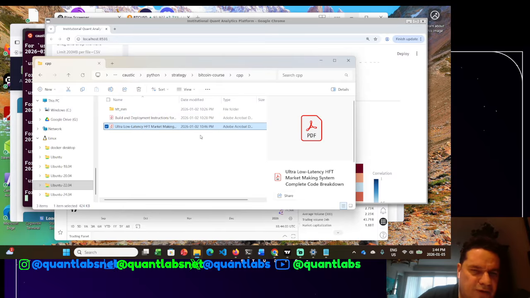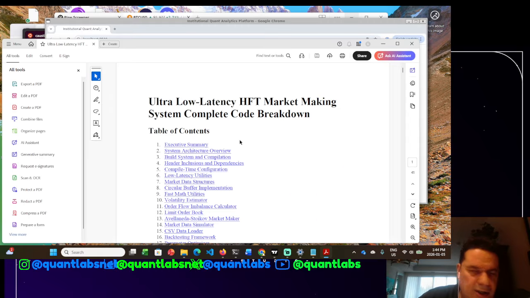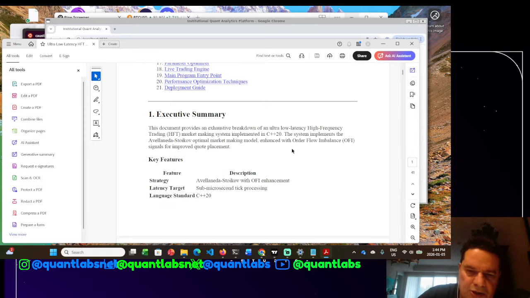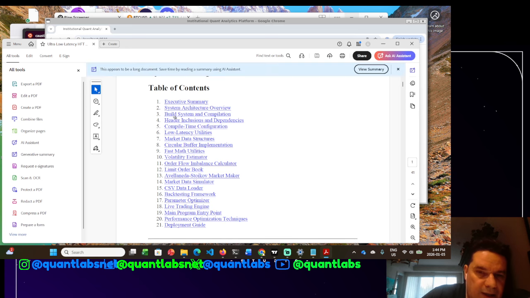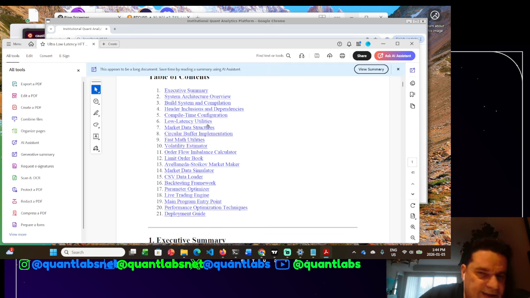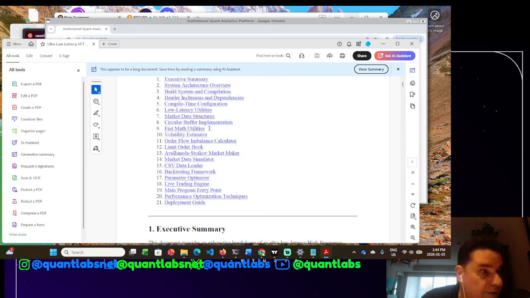So here are the actual formulas and the strategy, like with that HTML presentation I showed you. These are the things it goes through: building it, compiling it, the low latency utility, the market data. I have to stop right now. Again, this is using demo data, simulated data. This has not got anything hooked up to live data. And I keep saying this: with the Rithmic terms of service in their API documents, or using the API itself from Rithmic, I can't share the code.